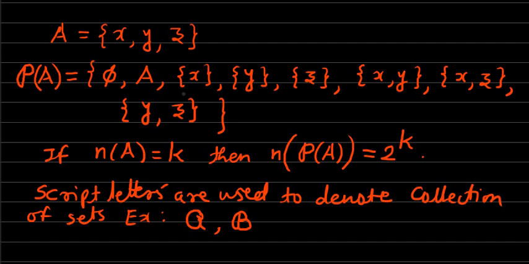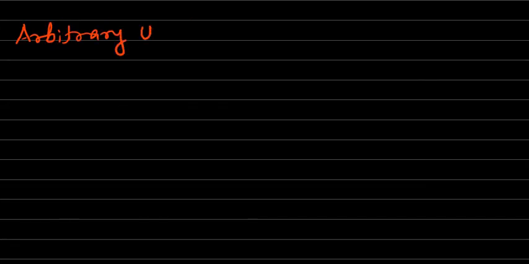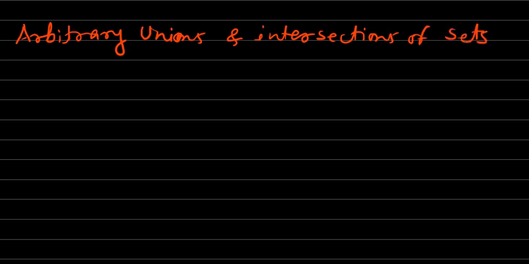Next, we'll move to the arbitrary unions and intersections of sets. Now see here, if we have a collection of sets, and suppose that collection of sets is denoted by script A,